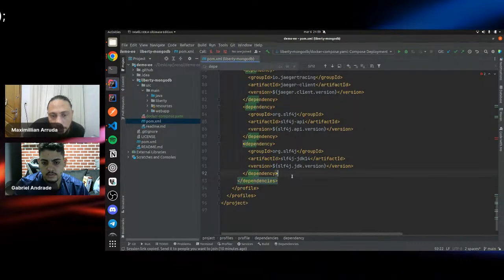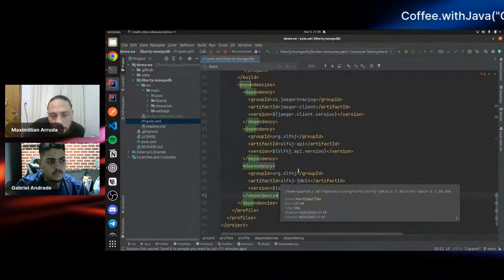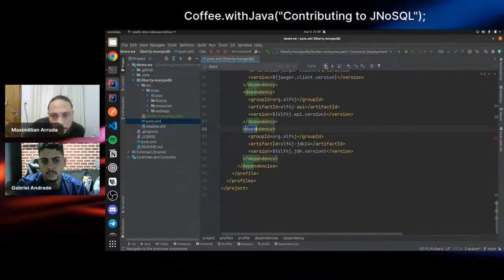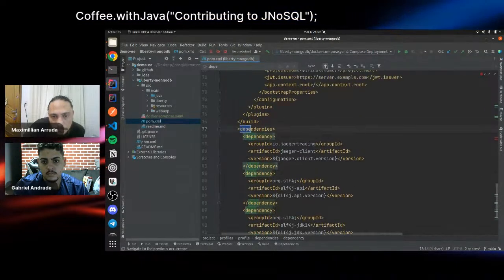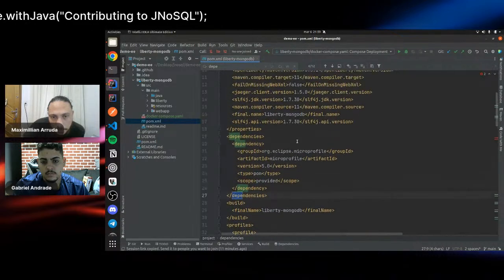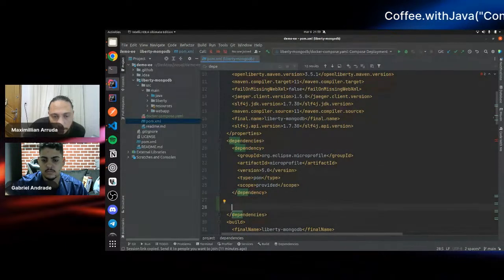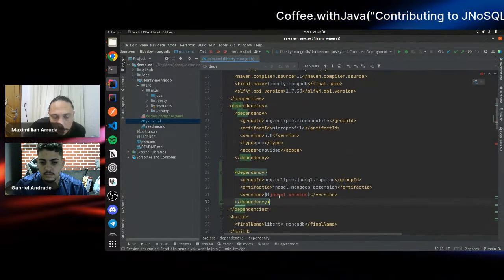Scroll up, please. Yes, down here under the dependencies of the project. Type and paste this one.